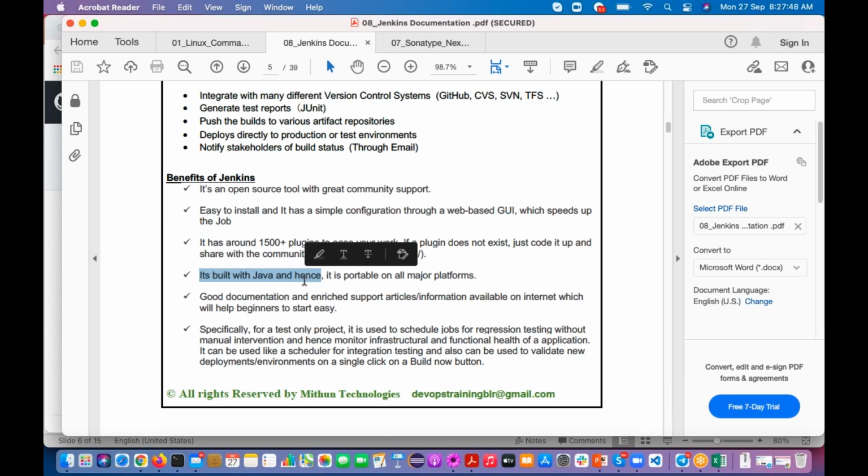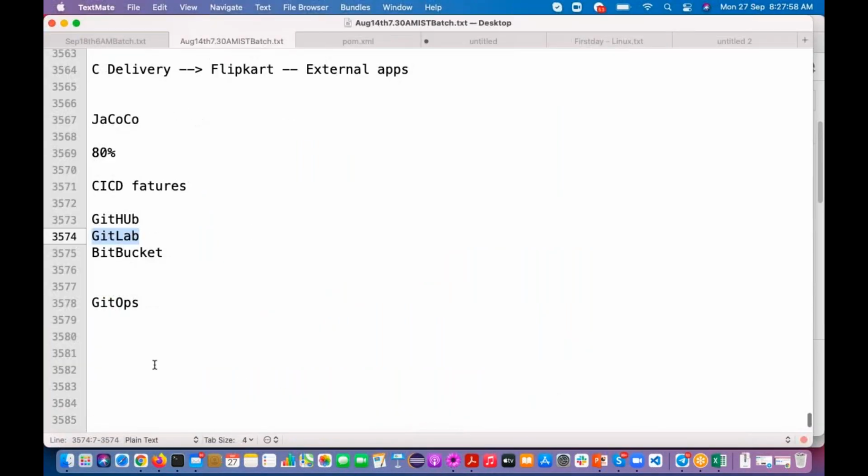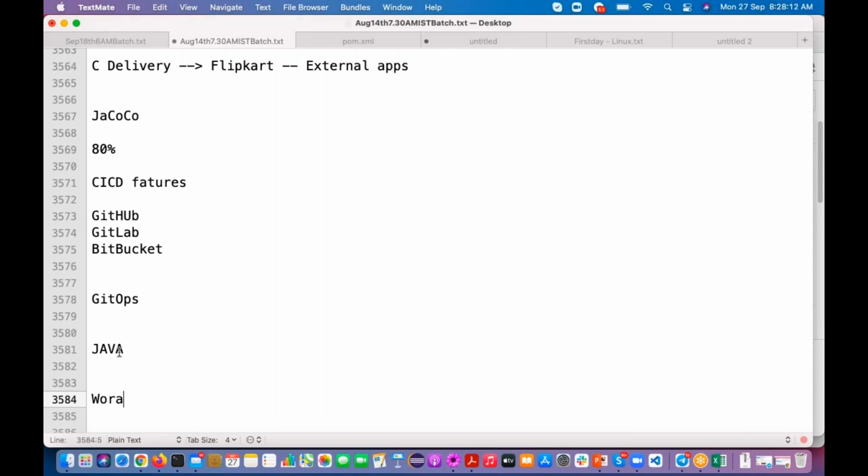Right. So Jenkins is going to work in all the operating systems. See, Java. Why is Java popular? If you know Java, definitely we are going to answer. Java has one feature, the WORA concept. WORA means